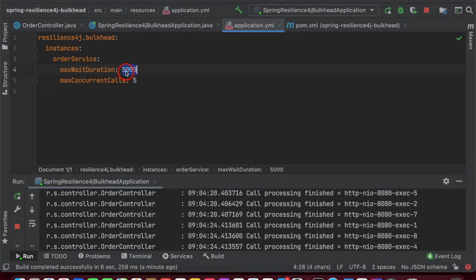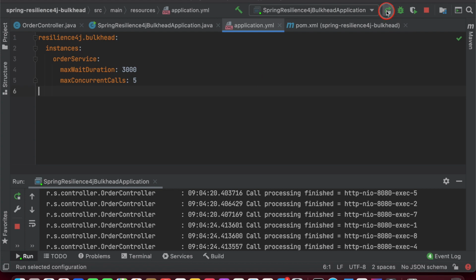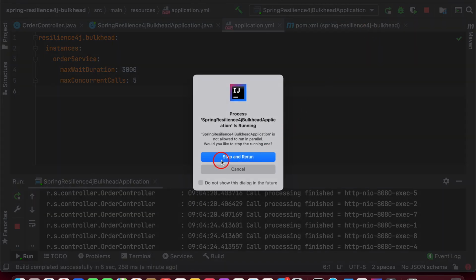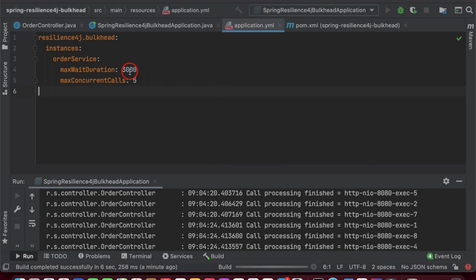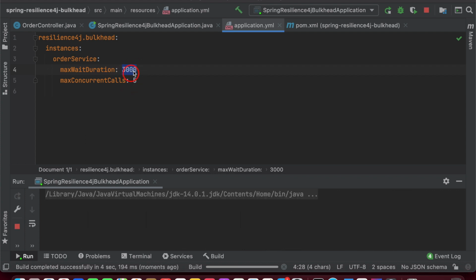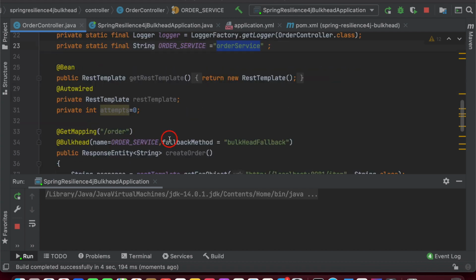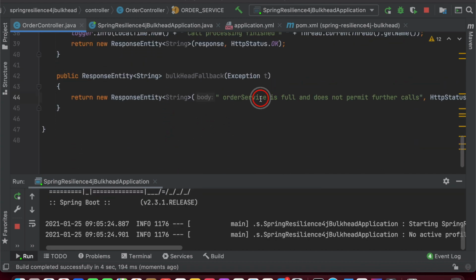What if I provide 3000 milliseconds? This time it should throw an exception, guys. With 3000 milliseconds, it is going to allow only 5 calls, and the other 5 calls are not allowed, and it should invoke the fallback method.